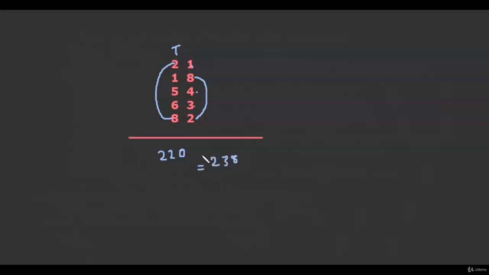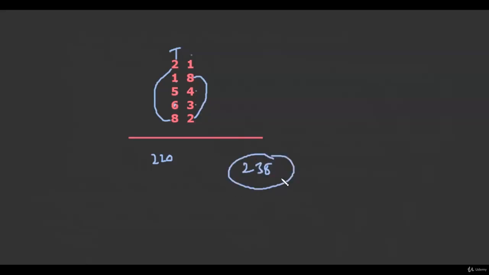Let's do it again. First of all, we try to add this by grouping. Now 8 plus 2 is 10 and there is no other group of 10. So 8 plus 2 is 10, 10 plus 1 is 11, 11 plus 5 is 16, 16 plus 6 is 22. But this is a tens digit number, so this becomes 220. This we will keep in our mind. Again we look for groups of 10. Here 8 plus 2 is 10. So 220 now becomes 230, 231, 235, 238. So this is how, by observing, we can give the answer very fast. Because I am teaching you, I am speaking in between. But if you do it mentally without speaking anything, you can do it very fast.